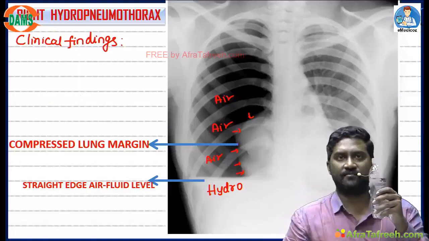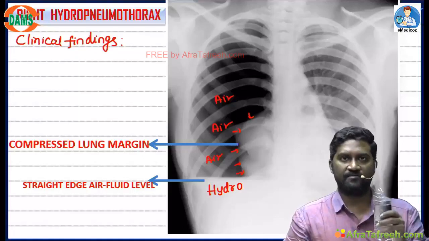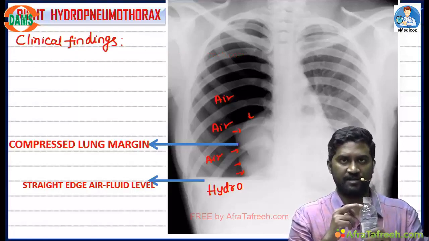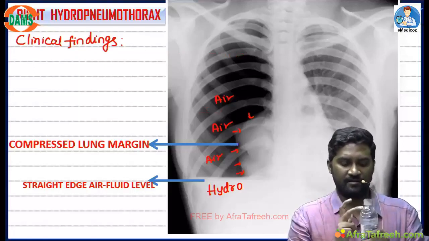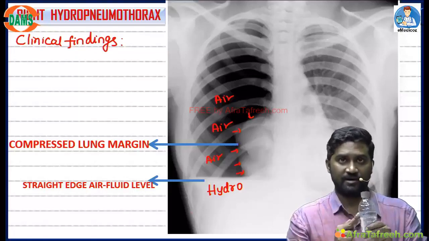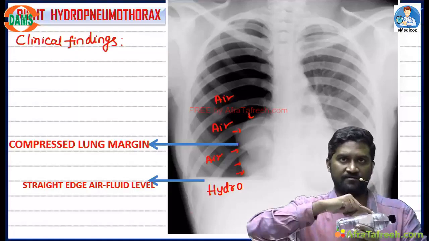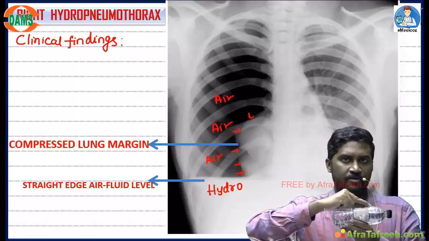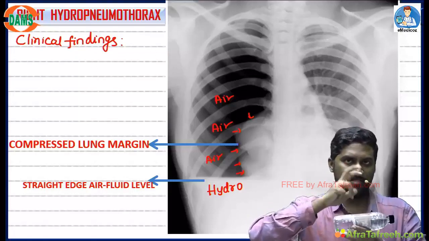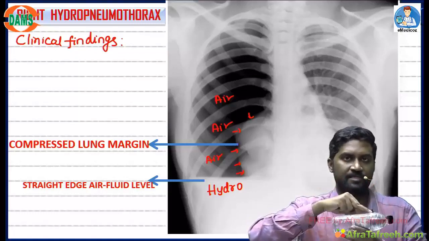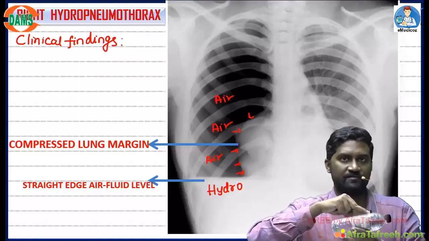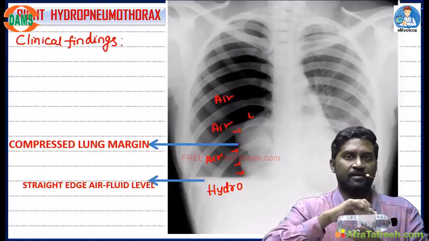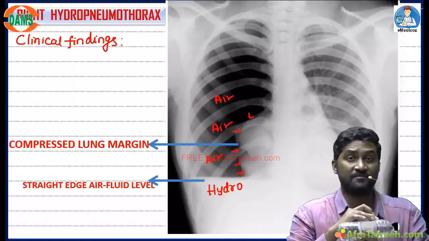Now I'll ask the patient to comfortably sit. I will percuss in the mid-axillary plane. Where there is air, resonant; at the fluid level you will get a dull note. Now I ask the patient to shift his position like this. Whenever he shifts his position, fluid will go down and air will come up. Now if I percuss in that area, the previously dull note will now shift to a resonant note. So what is this phenomenon called? Shifting dullness.